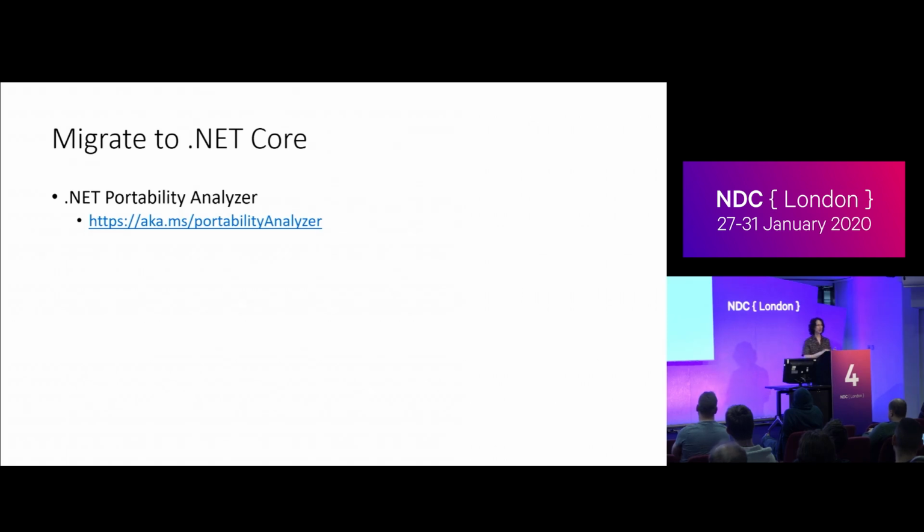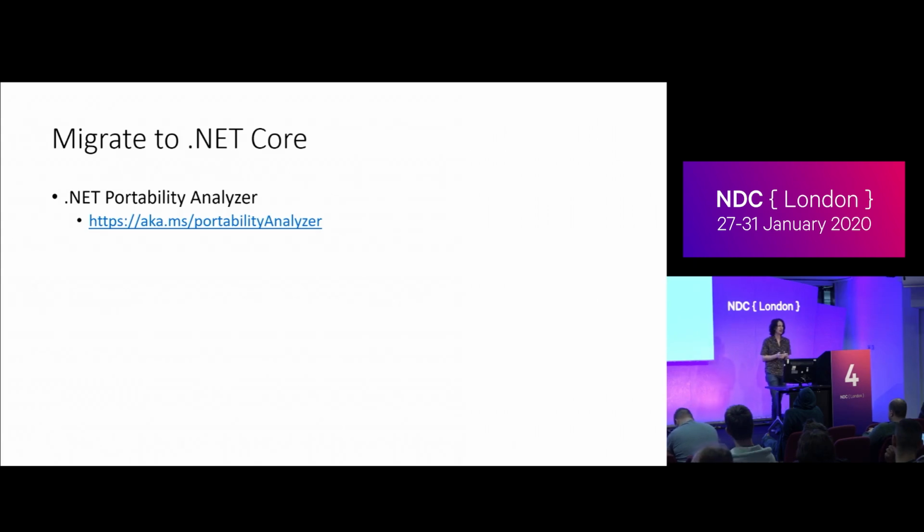The .NET Portability Analyzer scans your code and gives you a report. It does not upload anything to us. Everything stays on your machine. It gives you an Excel file that you can use to find if you're using any APIs that may not be supported by .NET Core 3. We support almost everything, but there are a couple of areas that